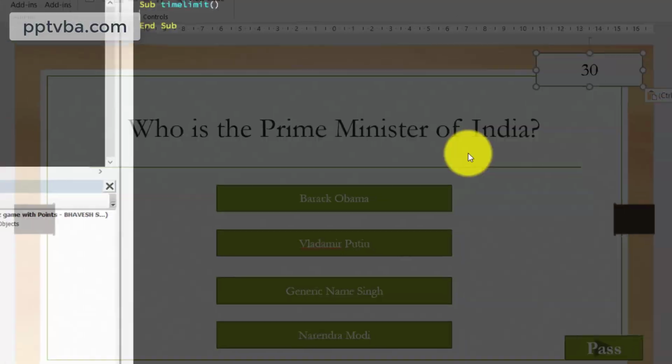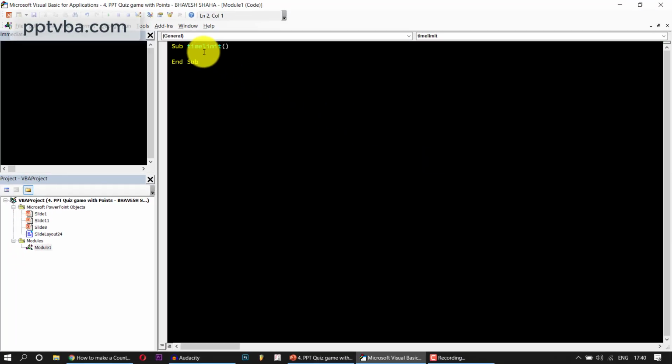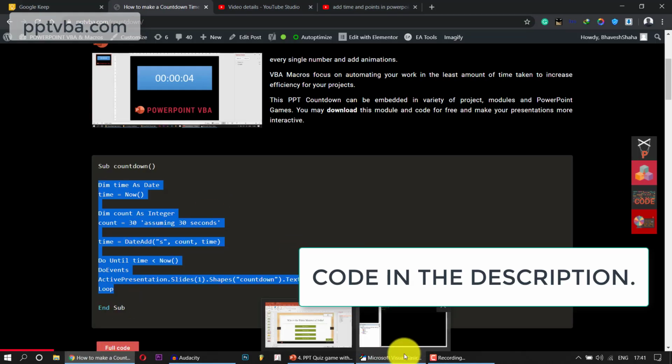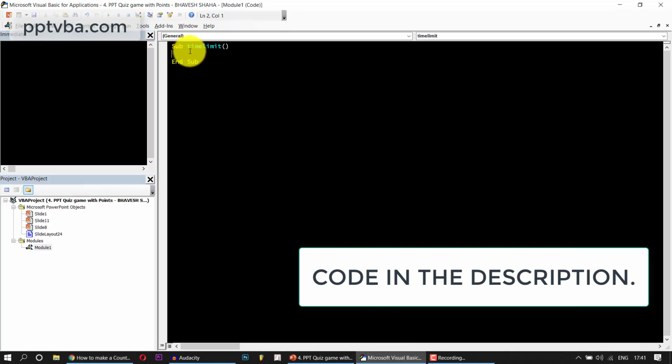Click on create. Now I have made a separate video on how to make a countdown explaining the code in great detail. I will not be touching into that this time. So if you are interested in how that works, you can check that video. But right now I will be going to my website and copy pasting the code because it is much more convenient. The link of this website is in the description down below.